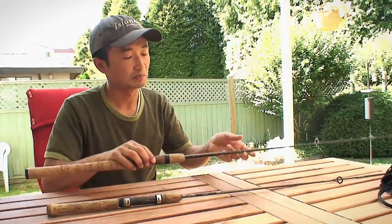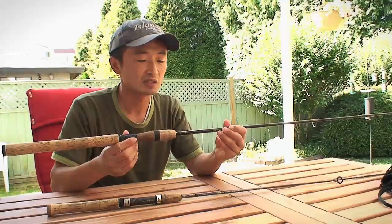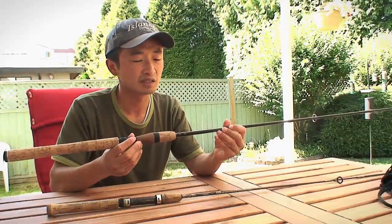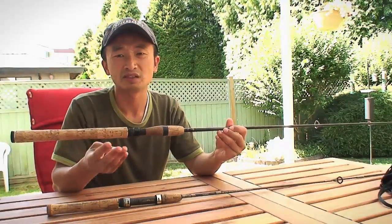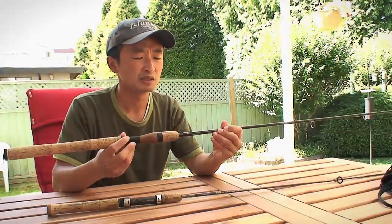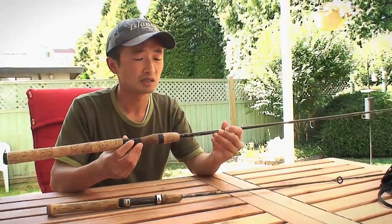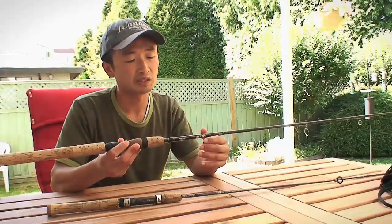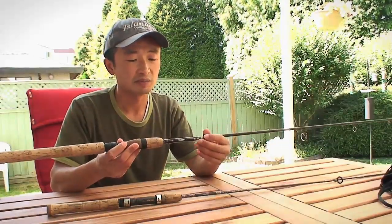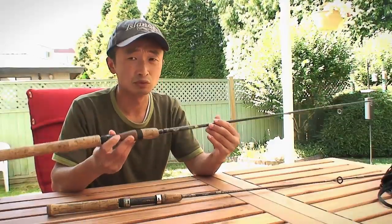So the very first thing we'll look at is the salmon rod. The salmon rod tends to be a little bit heavier because the fish are bigger. So the line rating that I would choose is usually between 6 and 12 pound test, and you want a fishing rod that can cast up to 1/4 ounce at least, or 3/8 ounce, a little bigger as well for the heavier lure, so you can cast out into the deeper river. The length of the rod should be at least 6 feet long, but you can always go up to 8 feet if you want. 8 feet gives you that flexibility